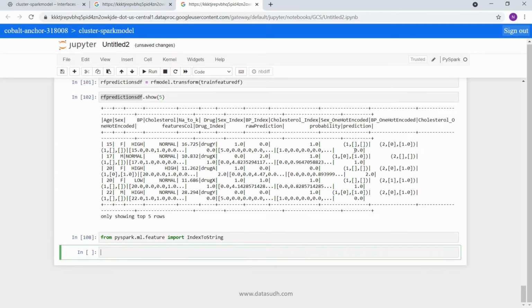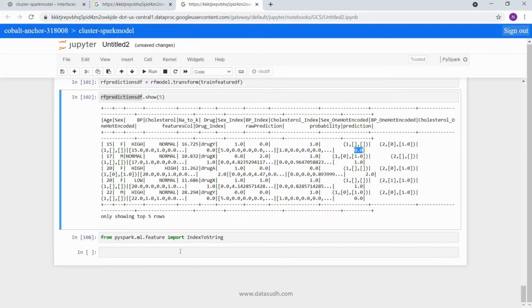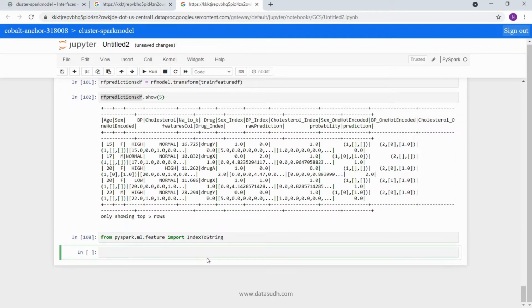Now we need to convert these indexes back to string. So I can specify an object lc just like that, and I can use this method IndexToString. In this method I will provide my input column, and that column will be prediction. I will provide my output column, and that will be prediction label.